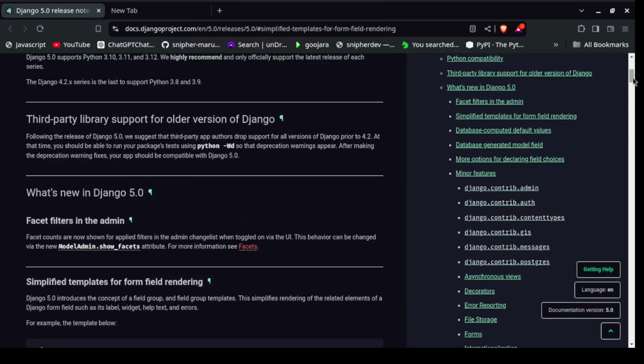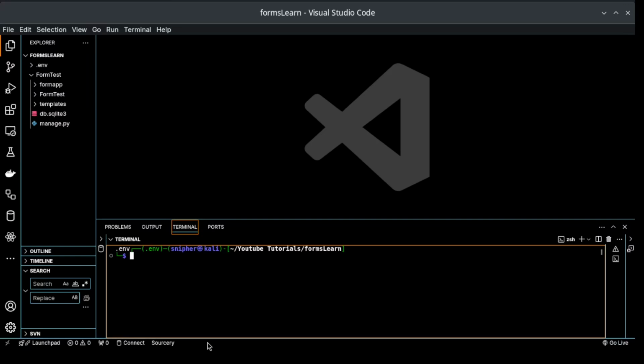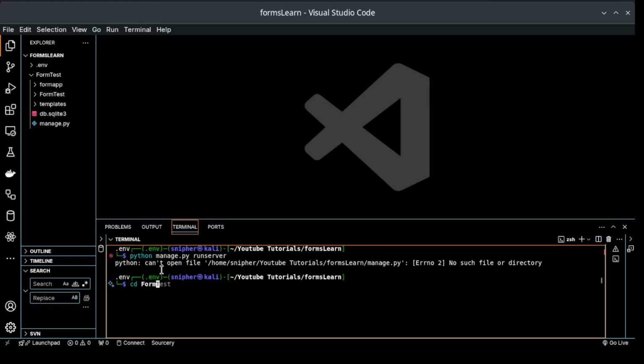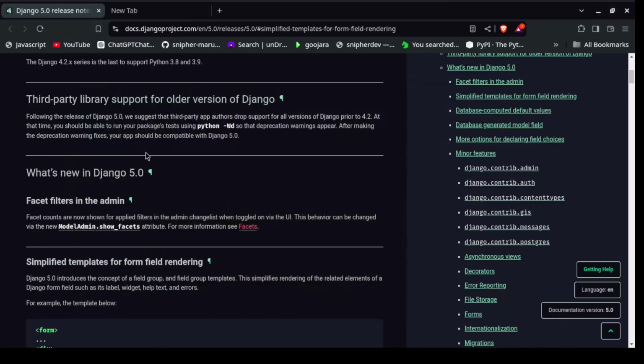There are a lot of changes that have happened in forms from Django 4.2 to Django 5.0, in the way of rendering the form. Before we get back to our documentation, let me show you the project setup for us to test the new Django way of rendering the forms. So let me run the server, to focus on what is new in Django 5.0